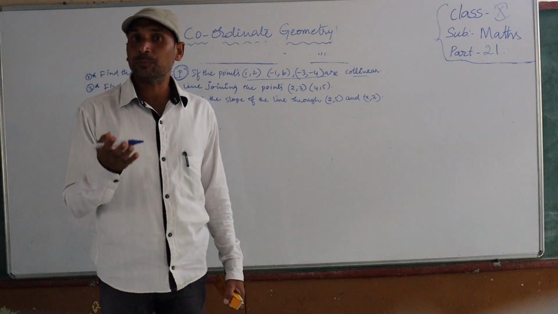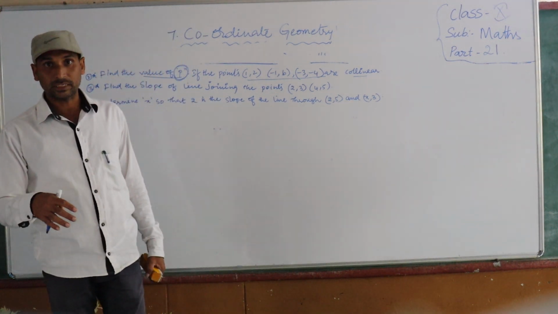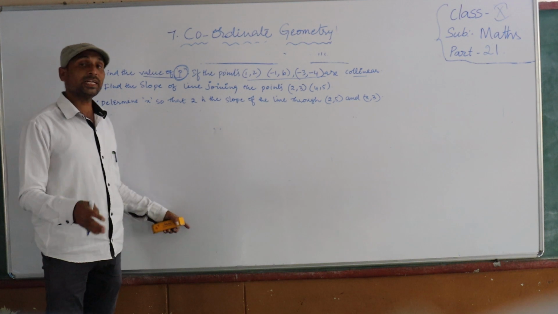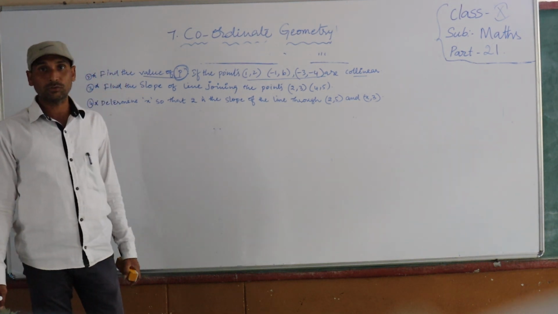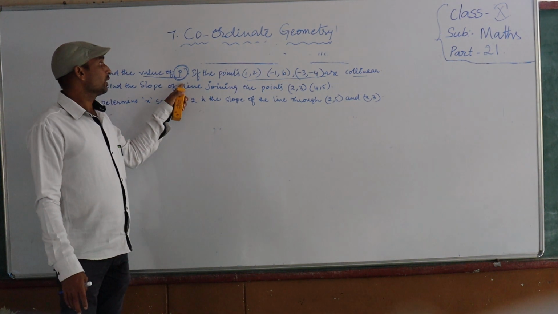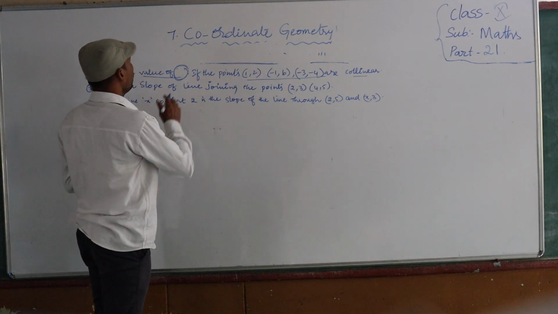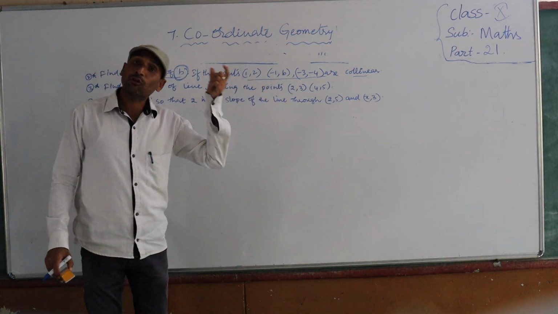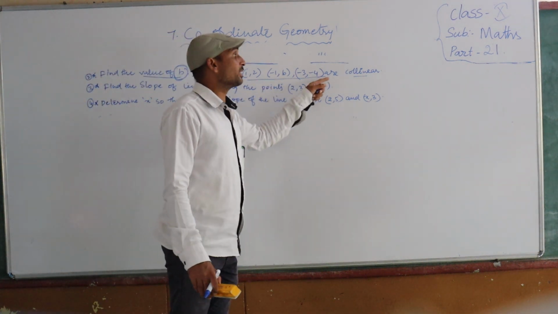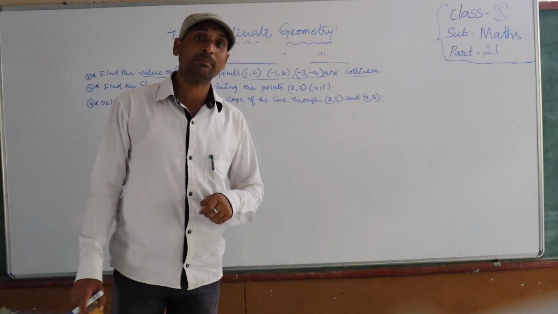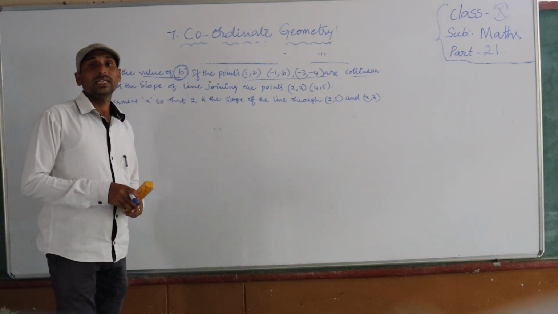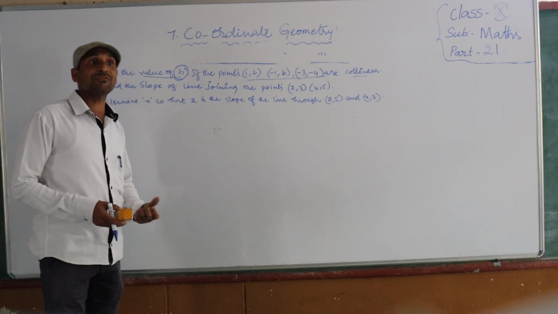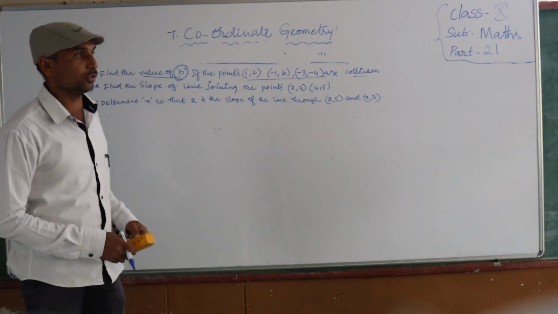Before that, the given points we were showing collinear. To show collinear points, we find the area of the triangle. Answer we will get 0, then the given points are collinear. Here we are finding P. So not showing, here P is not given. Find the value of P if the points are collinear. So here in the question only they are giving that the given points are collinear. The given points are collinear means the area of triangle indirectly they are giving 0. So that's why while taking the area of triangle we have to make it equal to 0.